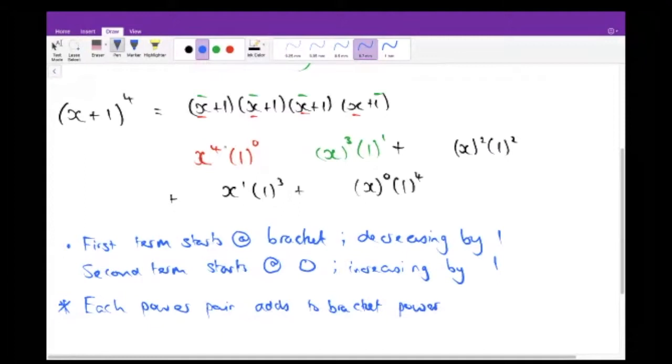Okay, so if I know what power of x I need, I can work out what power of the other term I need by making sure they add up to this 4 that we had here. Now, the spaces I've left for my numbers are my binomial coefficients. So this is my x and my y term as I described them earlier. Now, my binomial coefficient tells me how many ways